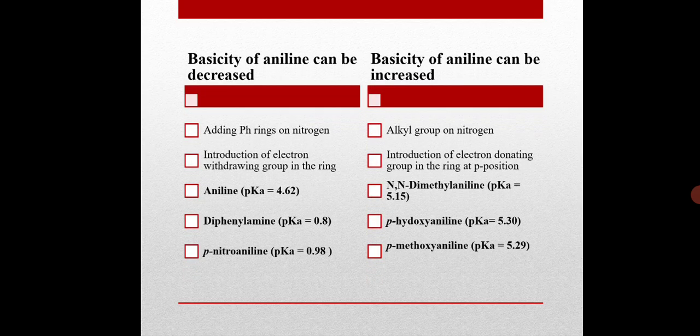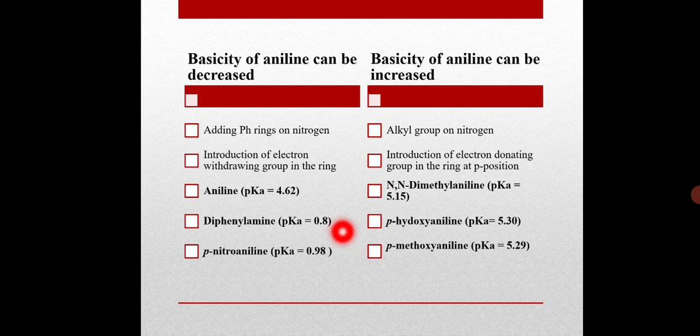The basicity of aniline can be decreased by adding a phenyl ring on the nitrogen. Let's see this. Aniline has a pKa value of 4.62, whereas diphenylamine has a pKa value of 0.8, which is much lower than that of aniline. Lower the pKa value, lesser will be the basicity. So as we go from aniline to diphenylamine,